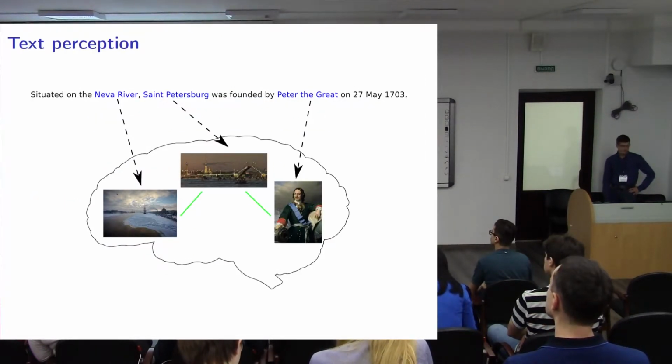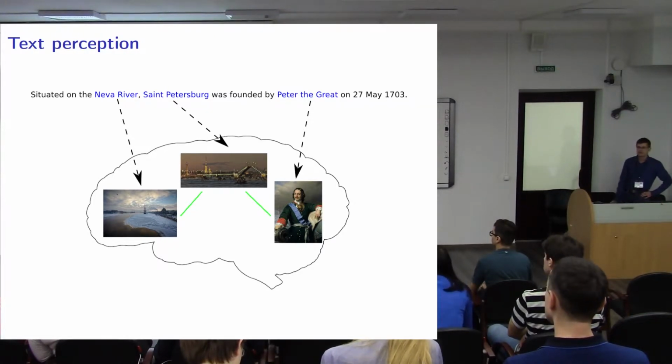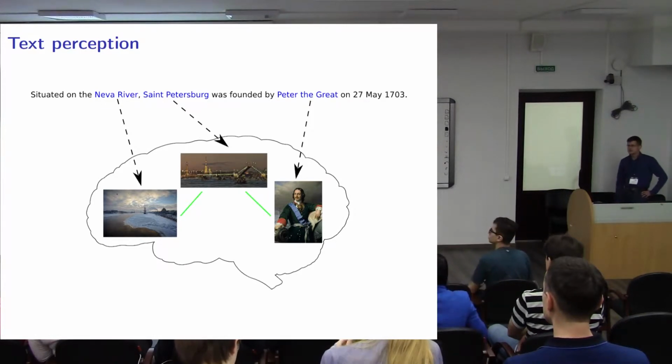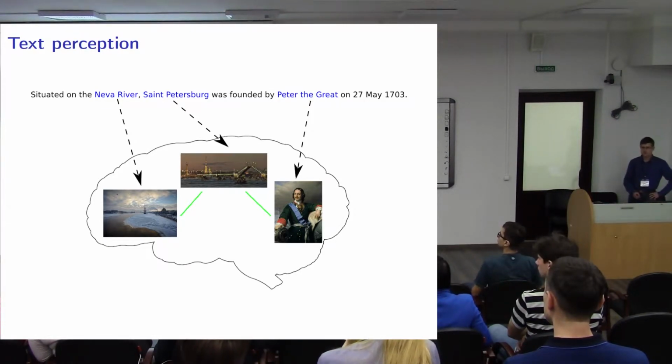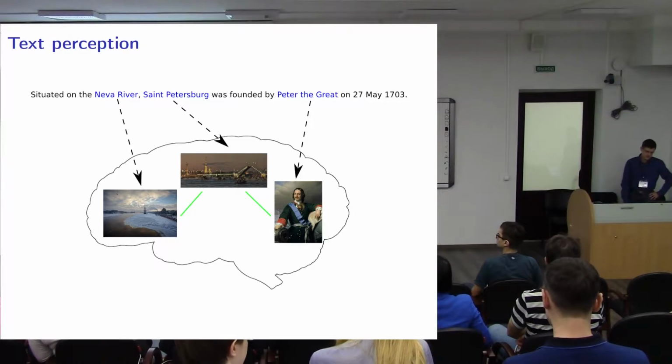So let's actually start. When reading some text and perceiving it, we are able to detect entities which are mentioned in this text. We can acquire some knowledge from this text, and we can verify facts about these entities, or we can verify what we are reading. But actually, it's a two-way road, and the perception starts in the opposite direction. We are able to detect entities because we already know something about them. If they are completely new, we sometimes cannot say anything.